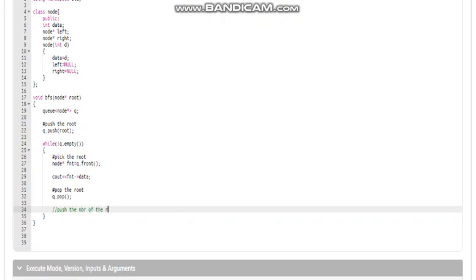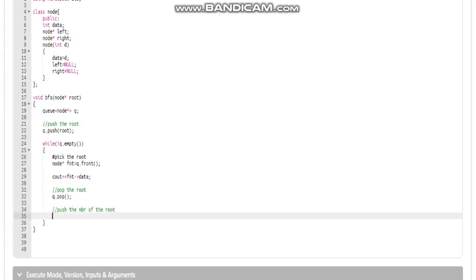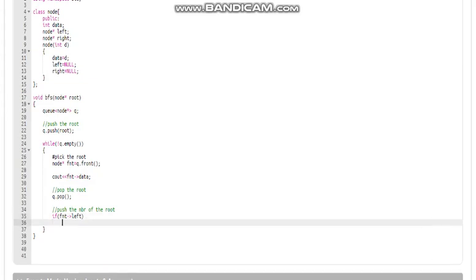Right, comments in C++, this is a syntax for Python, right? So we will push the neighbors of root. If fnt dot left is not null, that is, if the left child is not null, then we will push the left child, right?